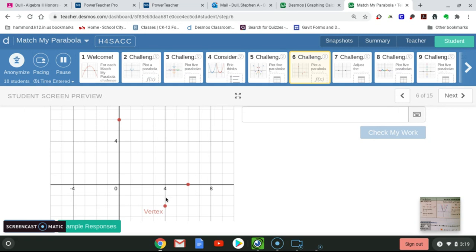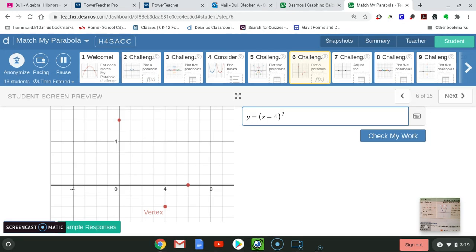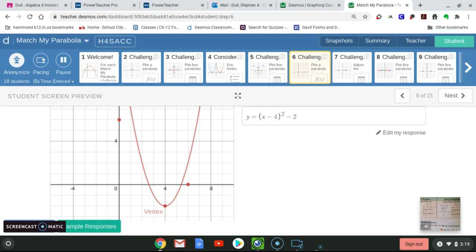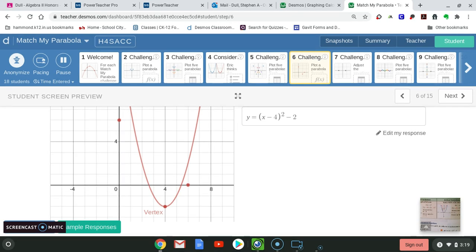So the point is (4, -2). Okay, so y equals (x minus 4) quantity squared, and then minus 2, and see where that takes us. So we've definitely hit the vertex. And this is an interesting point because that a value changes a lot of things about the graph. Right? We might hit the vertex but not have the exact same